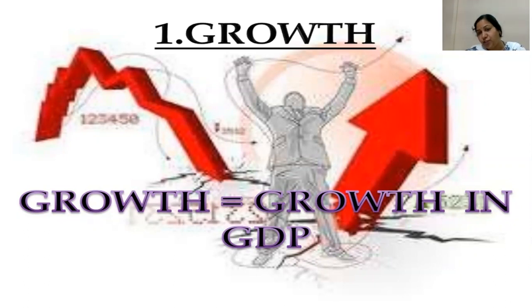Our financial year starts on the 1st April and ends on the 31st March. In some countries it starts on the 1st of January and ends on the 31st of December. So an increase in GDP or availability of goods and services enables people to enjoy a richer and more varied life.